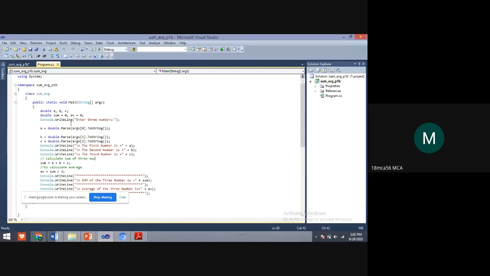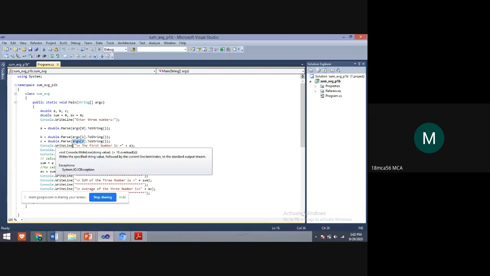How is it taking command line argument values? See, students, in previous programs, how were we doing it, just a is equal to Double.Parse of a string. Here we are taking with the arguments. That is indexer. In morning class we have learned this, no? Indexer. Like the array arguments, first argument, second argument, third argument we are taking.